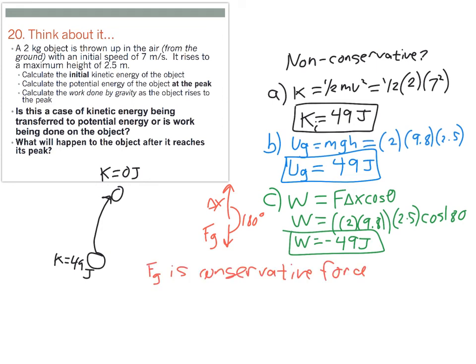And so rather than thinking about the work done by that conservative force, which is not incorrect to say that work was done by that conservative force, we don't really think about it in terms of that. We think about it in terms of potential energy. We do this because the change is not permanent. Gravity did do work on the object, taking away its kinetic energy, but then gravity gives it its energy back. So we say that that energy was simply stored as potential energy.